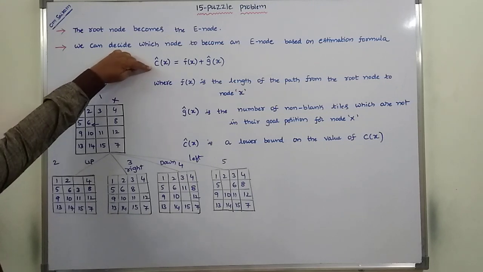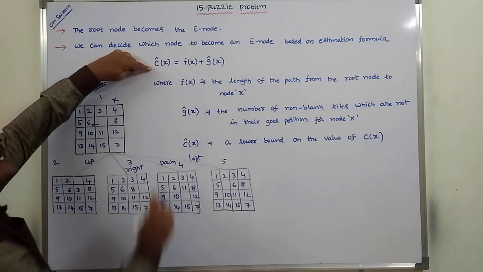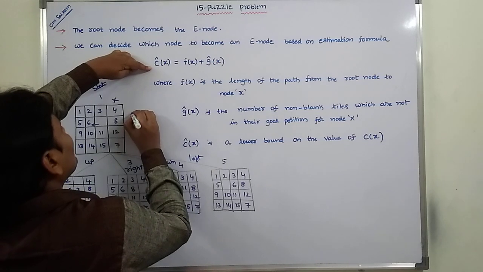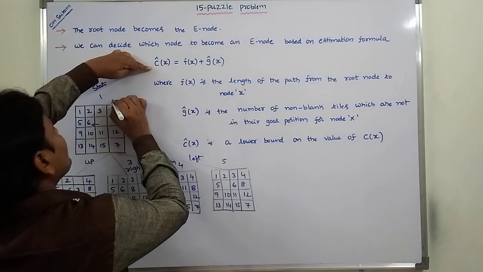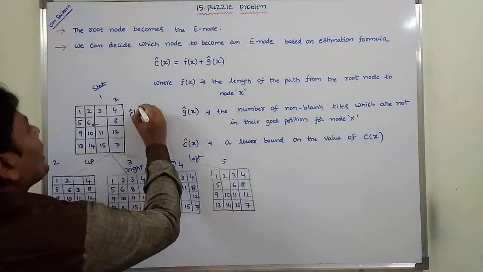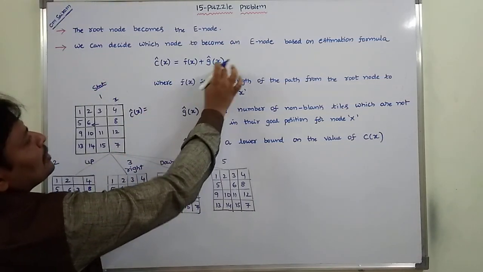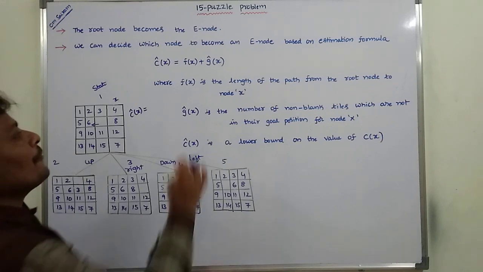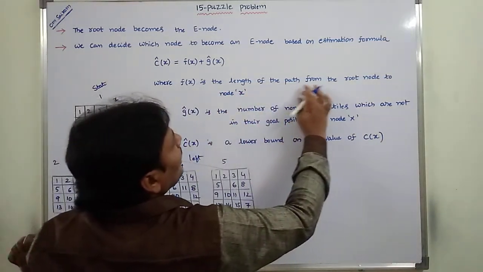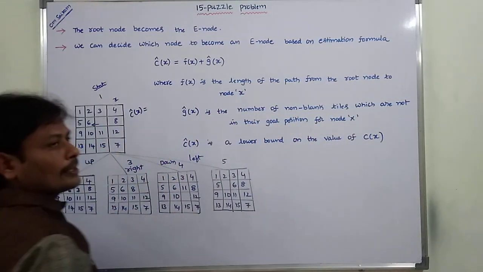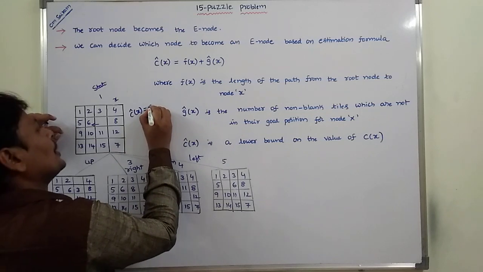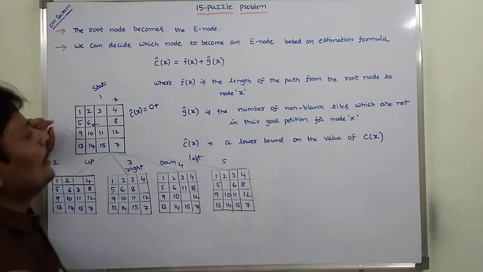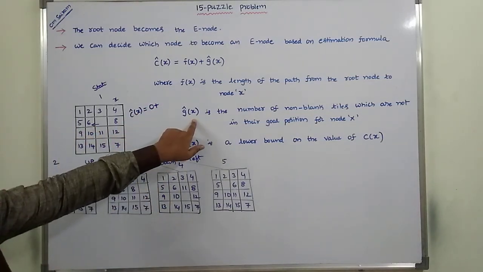Now we are calculating the C cap of x. f of x means the length of the path from the root node to node x. So node x is the root node. So the length of the path from root node to root node is 0, plus g of x is the number